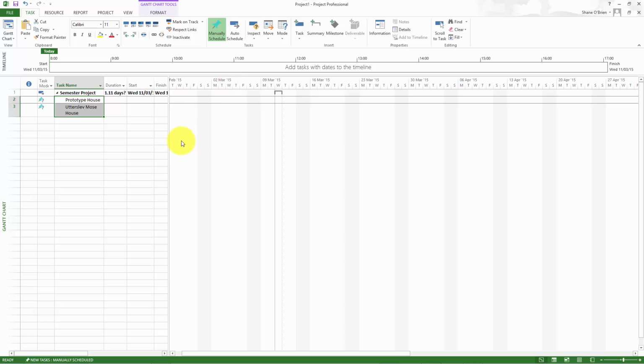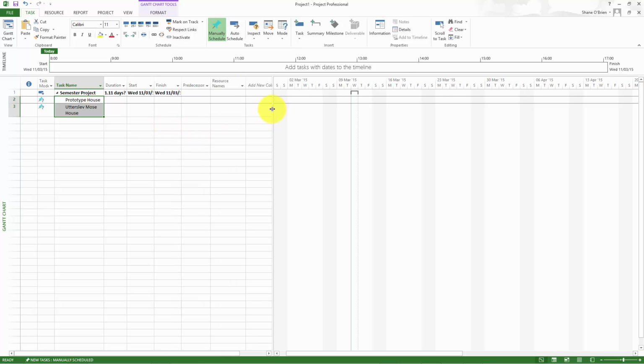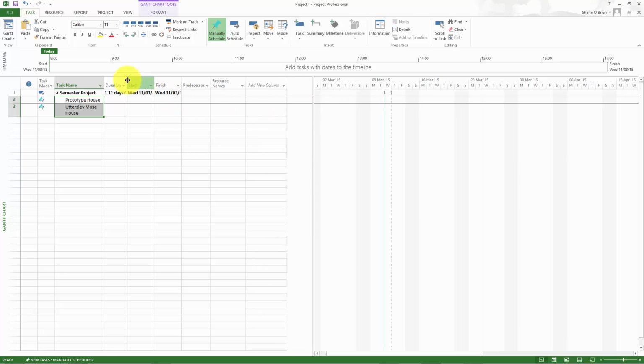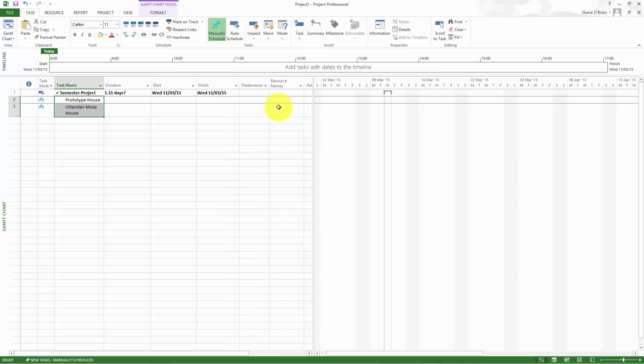So let's just open this up a bit more so we can get into more detail as to how this is going to work. I'm just stretching this out so we can see what's going on. If you don't change anything in MS Project, it automatically takes today's date as being the start point of your